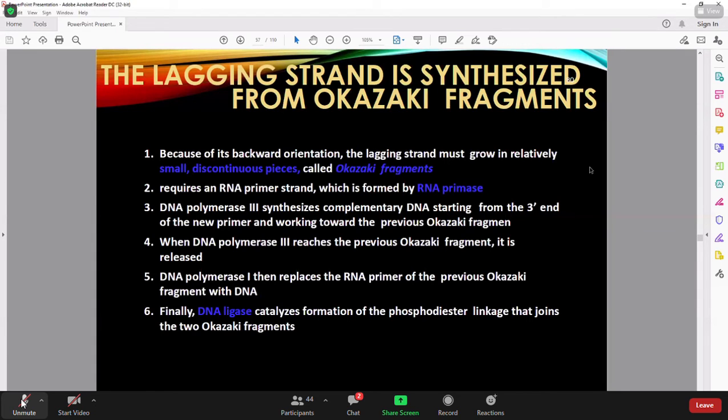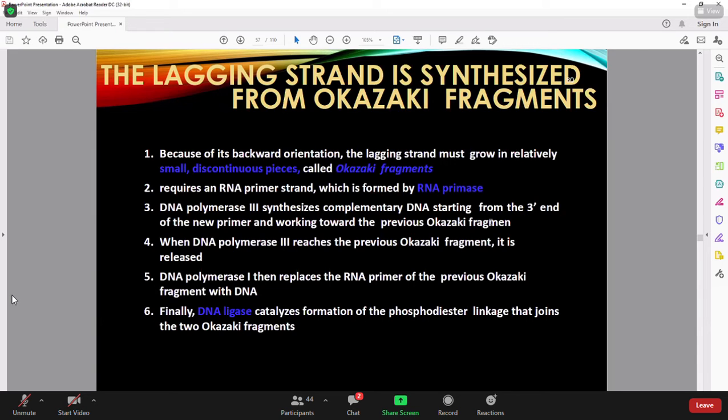Okay, now a little bit on the lagging strand. We know that the leading strand can be synthesized continuously. For the lagging strand, it occurs in backward orientation, so it synthesizes discontinuously. Once RNA primase has synthesized the primer, DNA polymerase will come in and extend